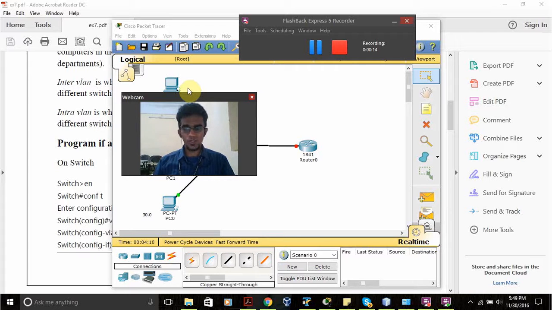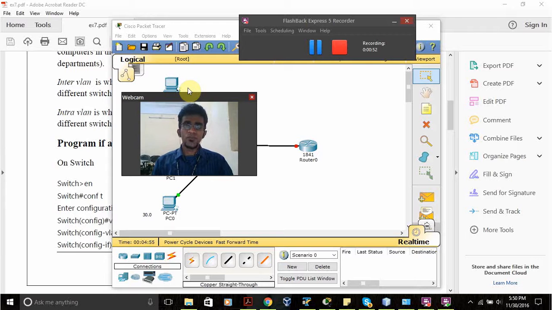Practically, within a switch, all systems under a switch are considered to be one network. But in VLAN, what we do is we connect devices belonging to different networks within the switch. Say of the 24 ports, for example, the first 10 might belong to the 10.0 network, the next 5 might belong to the 20.0 network, and the remaining ports might belong to the 30.0 network. So we make this possible through